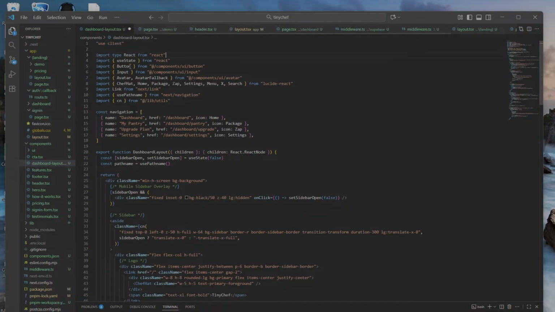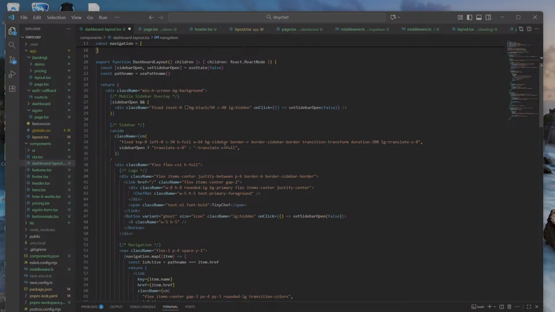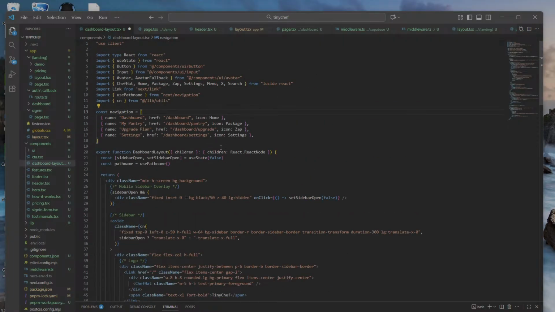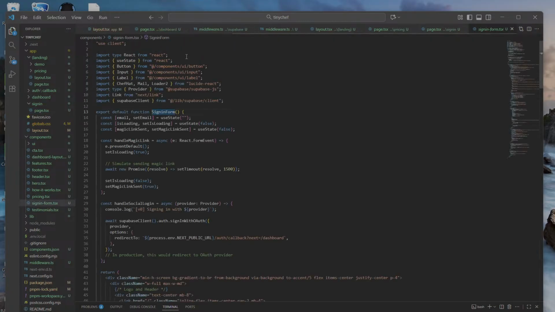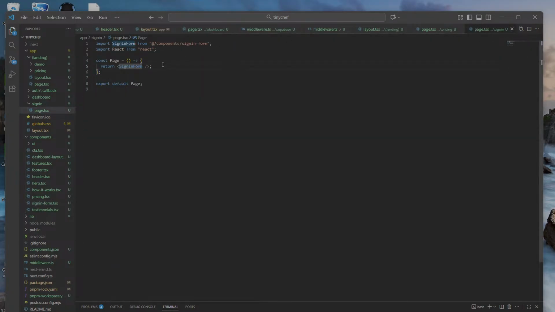And for myself, I try not to have layouts as a client component. I try to make client components as far down the chain as I can. It's just preference really, but it helps in ways that I need to use it. So, for example, right now I can do it with the sign in. The sign in page right now is a server component, or it's rendered on the server. So what we can do here, the sign in form is a client component, but what we can do now